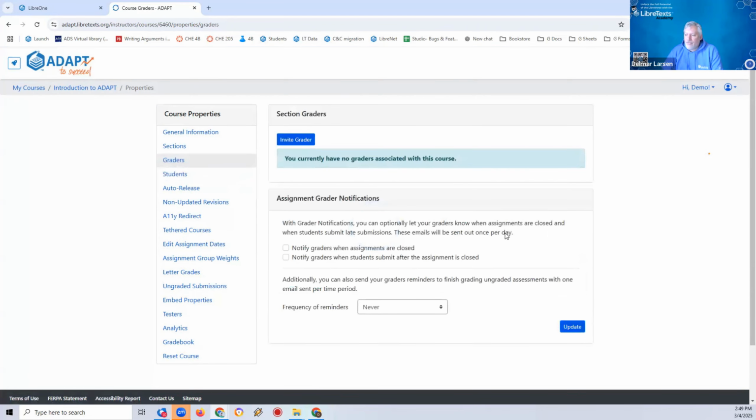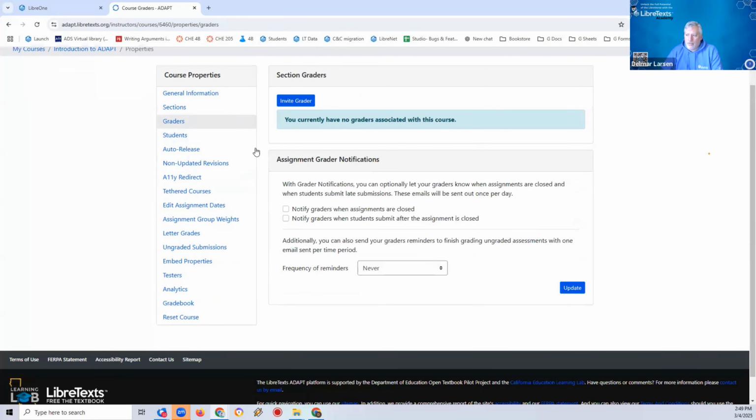Okay. If you have graders, whether they're instructor level graders or they are student level graders, TAs that we have, you can invite them to the class right here, and then they'll have access to grading, and you can select how you want them to be involved in the grading in different ways. At UC Davis, I have a lot of TAs for my classes, especially when I have the 16-unit class. So I'll have 8 to 9 TAs I need to be able to handle and navigate and make sure they're on track of things and that they grade things in an appropriate fashion.